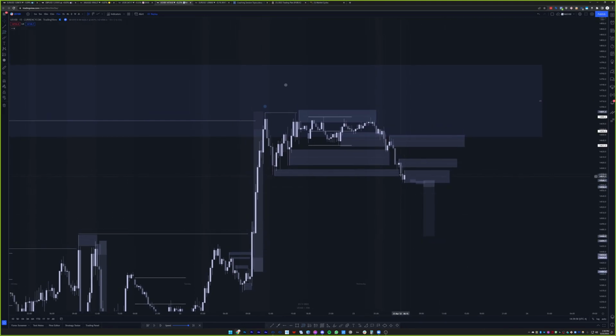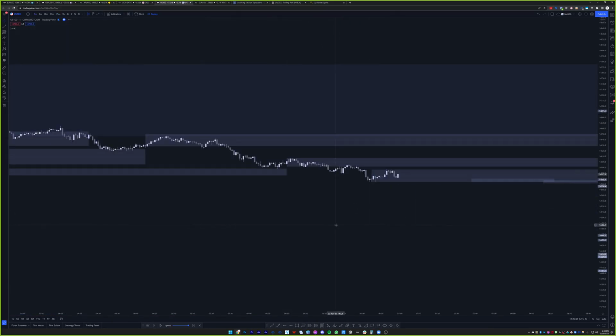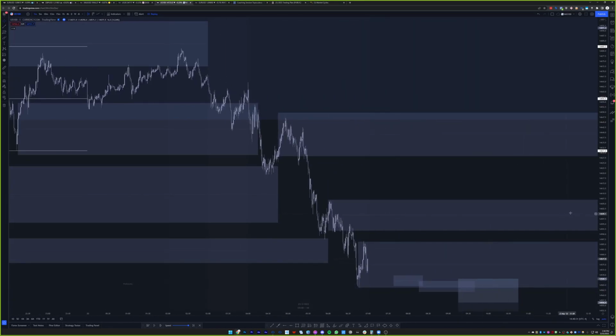The thing is, these POIs don't necessarily sweep anything, but this is where the 1 minute comes into play. It's not that I'm trading off of this POI so much, it becomes a POI as price developed on the 1 minute, but it's all based off of what's happening here. Remember, our daily is bearish, my longer term outlook is bearish, so I can justify taking shorts because of that, and because we swept up here on the 50-minute, we swept on the 4 hour, and failed to break the high. And then if I go to the 1 minute, you can see...